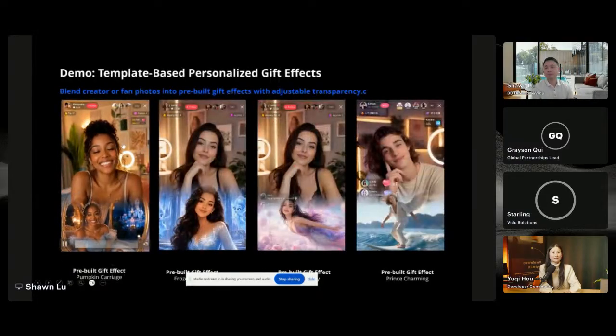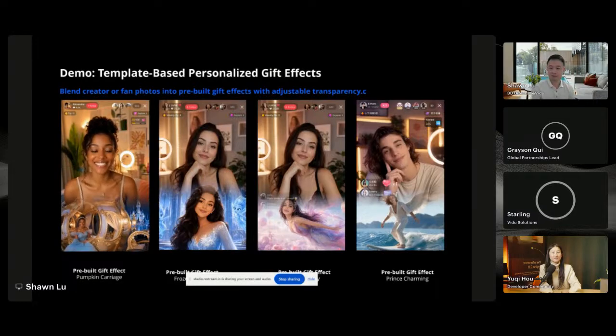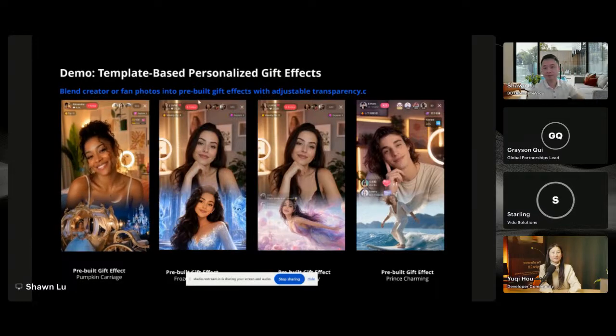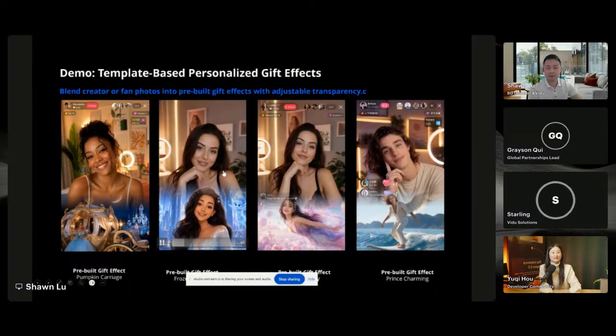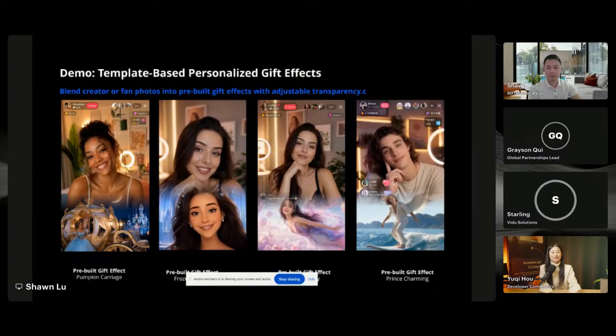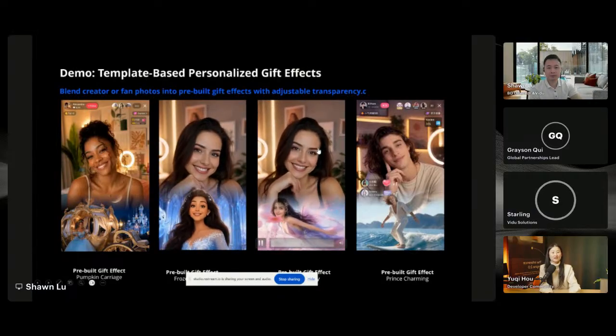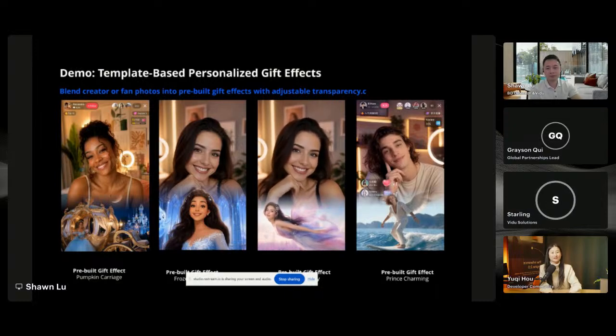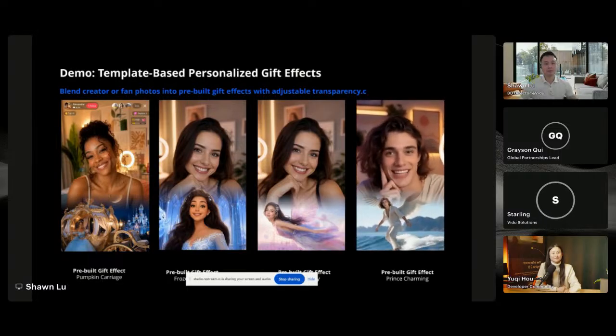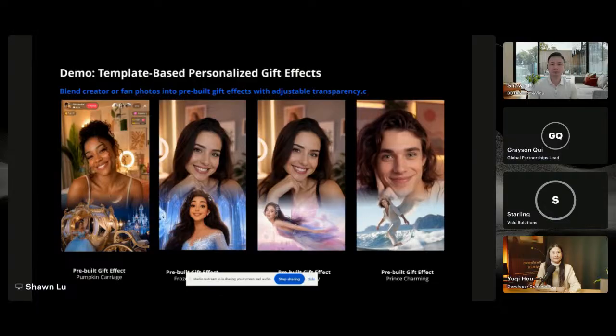using AI video to showcase personalized gift effects. So imagine if you were a host, or if you were a super fan of the host, you might want to send out some premium gifts that have the host's appearance. It could be very costly and expensive if you are using the traditional CG effect to make premium gifts, but with video AI, it could be very cost effective. And then you could just tailor make how you want the video to look like, how you want the tastes to look like, and you could have it instantly, maybe in 1 or 2 days. So this is something that we want to inspire you with, what you can do with AI videos.